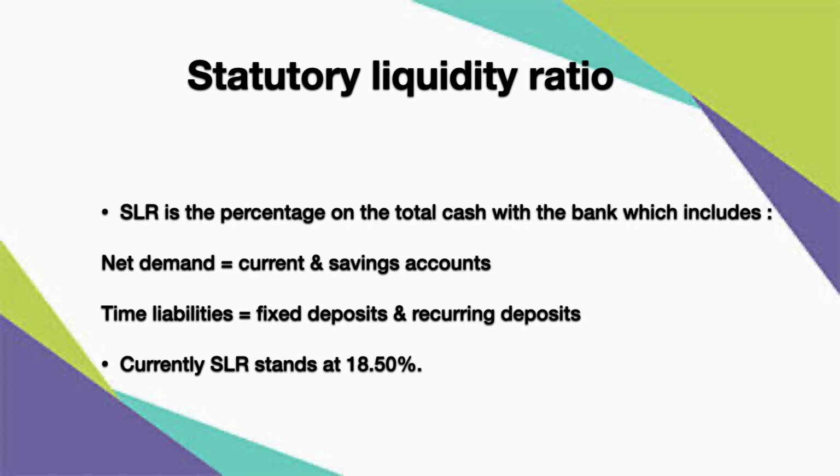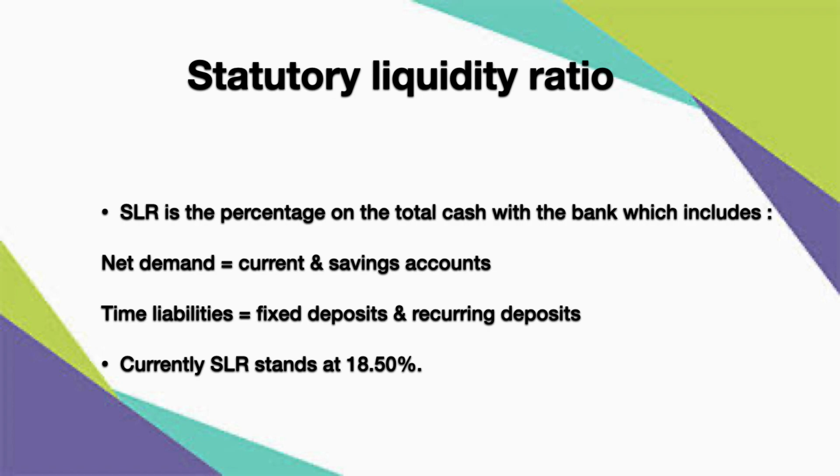Now remember, the percentage may be the same, but the amount of deposits from bank to bank might change, correct? Syndicate might have 5 crores, SBI may have 10 crores and so on. The amount of deposits each bank gathers might be different, but the percentage remains the same, as given by the RBI. Currently it stands at 18.50. That's the current rate levied by the Reserve Bank of India on the commercial banks.